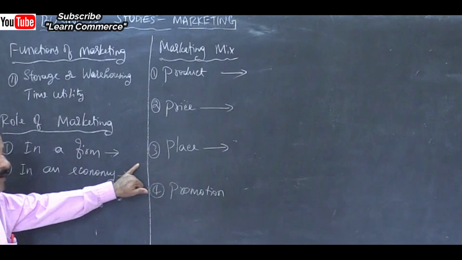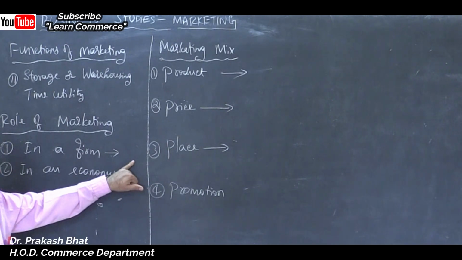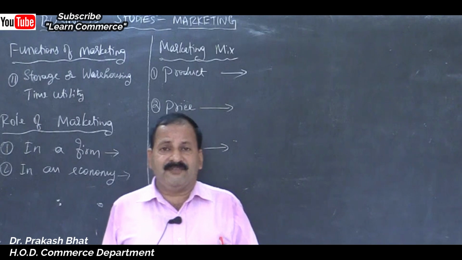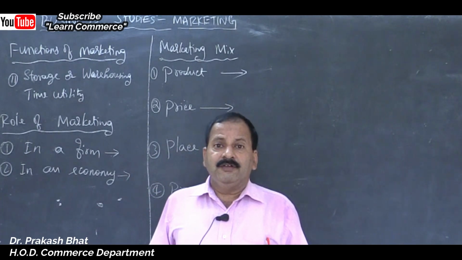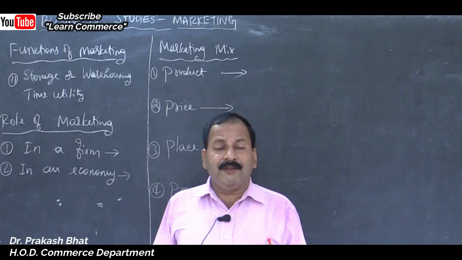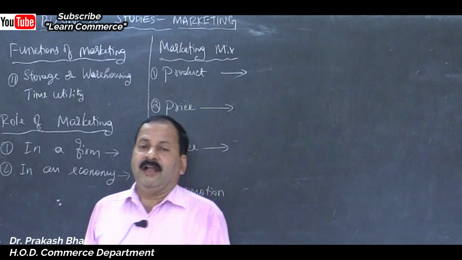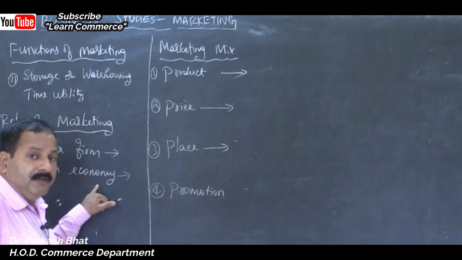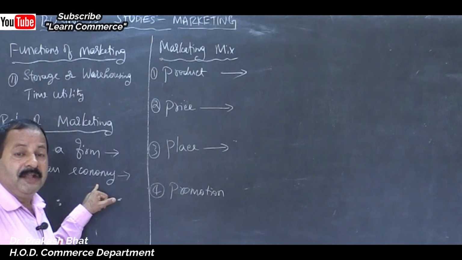The income of the people will increase and their standard of living will increase, because standard of living means that when the income increases, the quality of life of the people will increase. The quantity and quality of goods and services consumed by the people will increase, which ultimately increases the profit of the firm, and in turn the industry, and again in turn the economy.